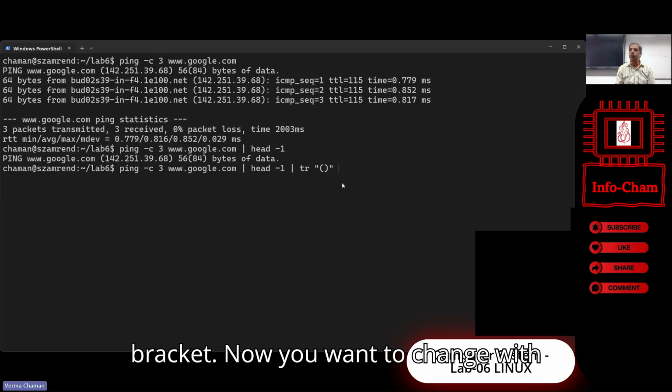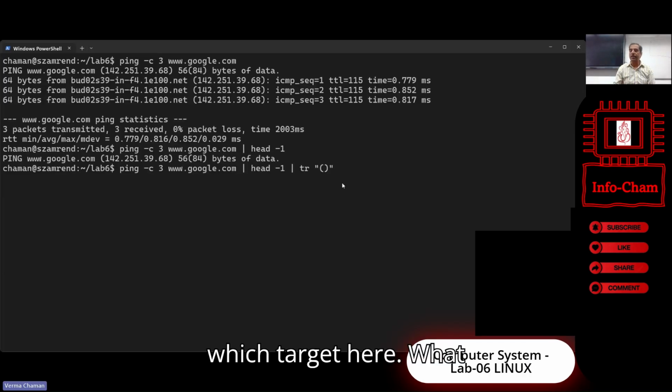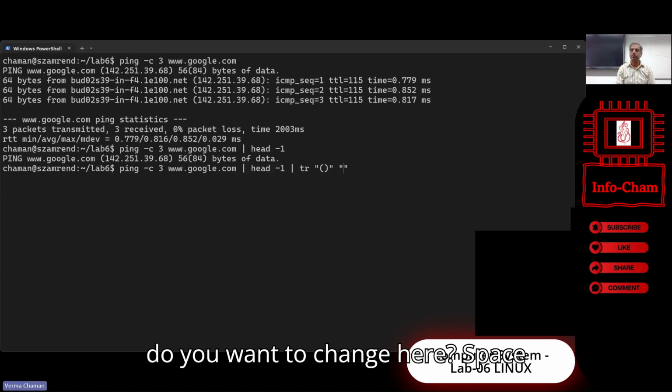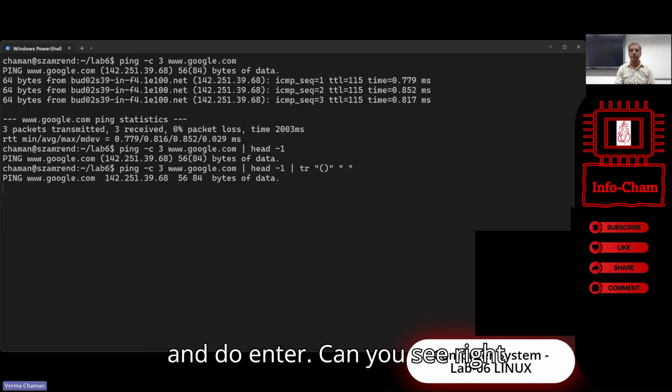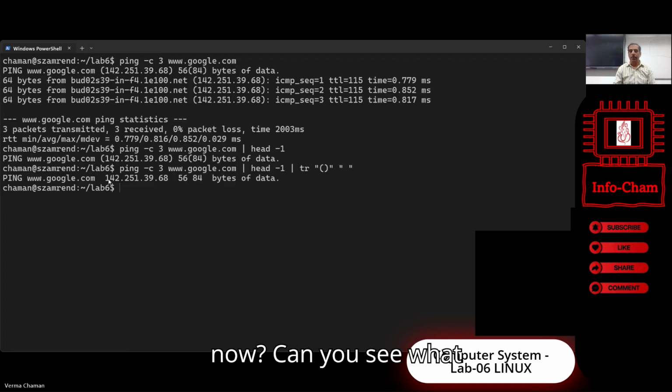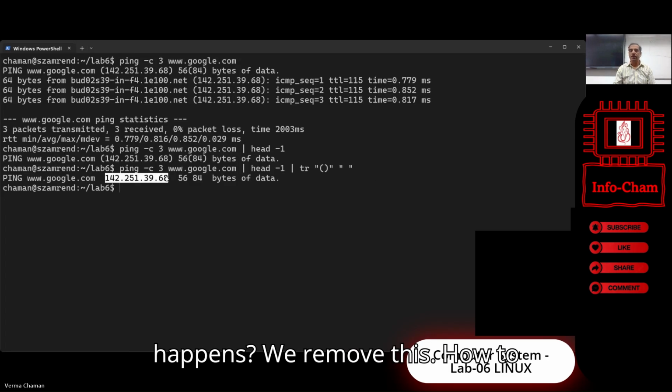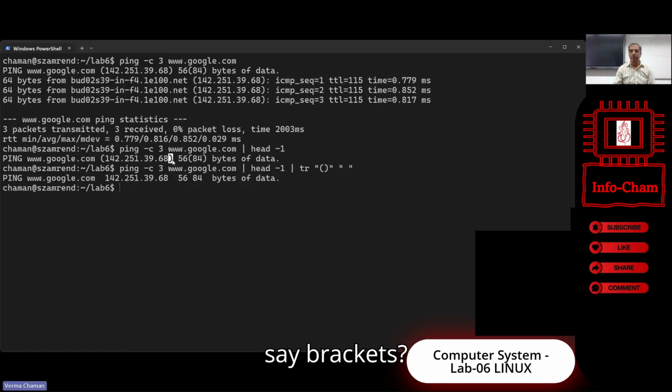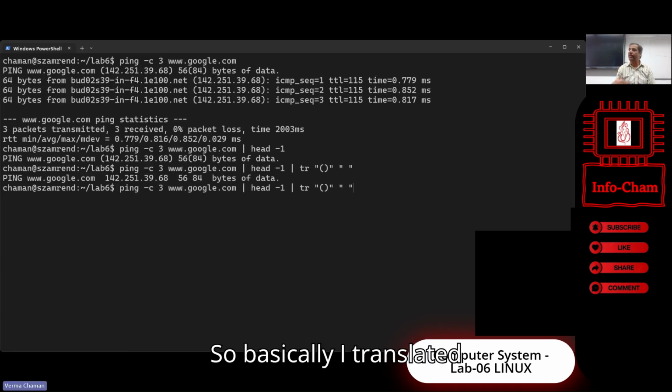Now you want to change with which target here? What do you want to change here? Space and do enter. Can you see right now? Can you see what happens? We remove these brackets. So basically I translated,